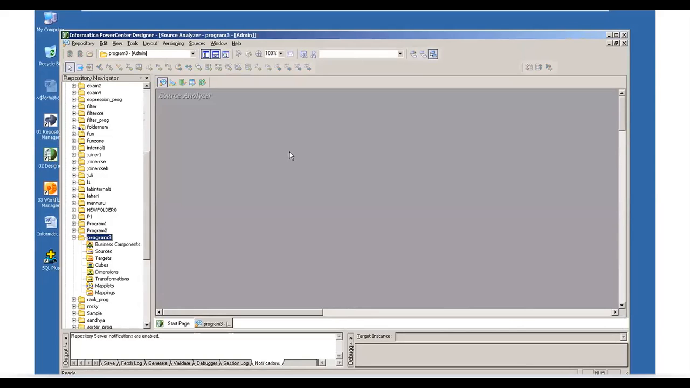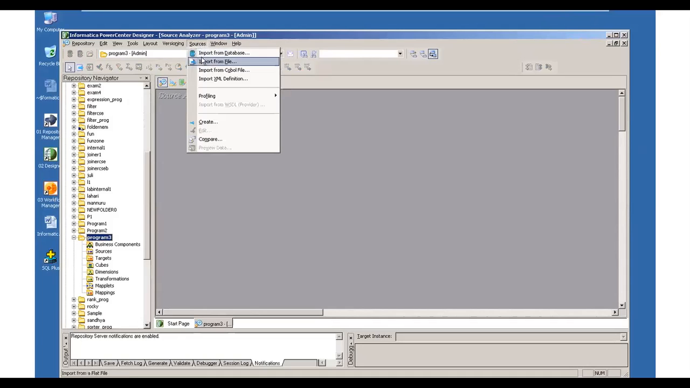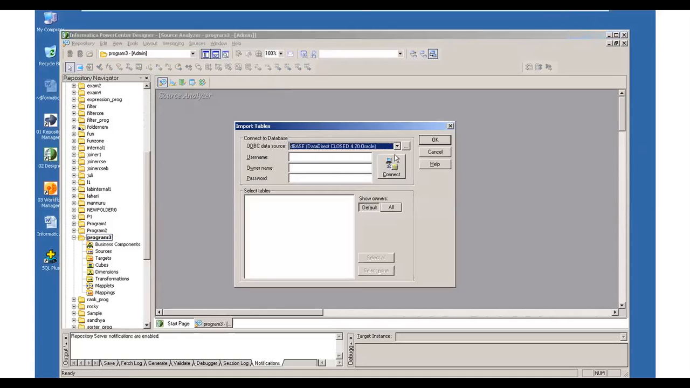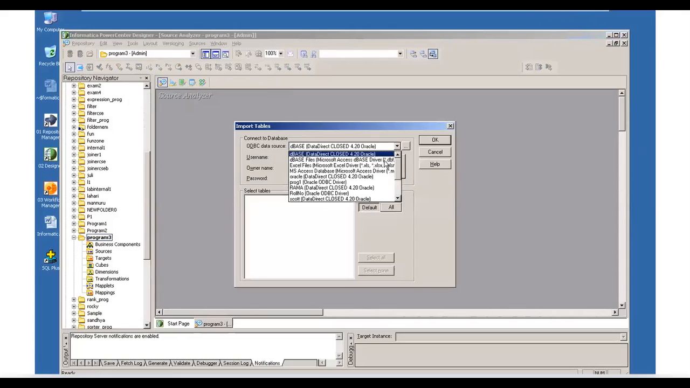But I am using here Oracle as one source, DB2 is another source, like that. Here I am using only Oracle as one source. Here click on sources. At the top you will have the sources folder. Click on sources and then import from the database, and then you already created the data source, the data source